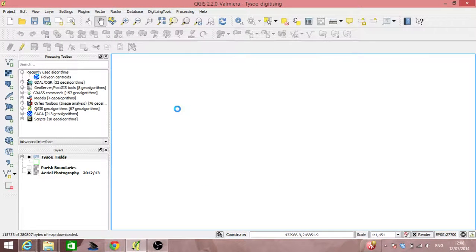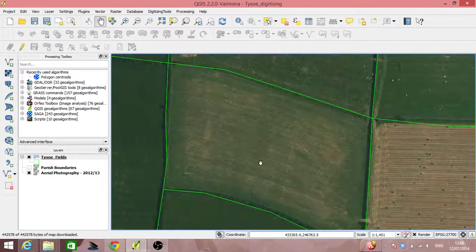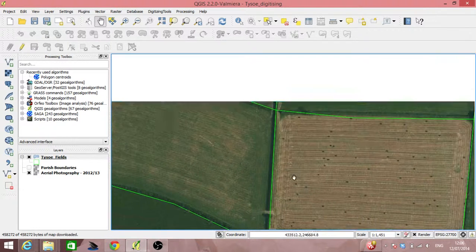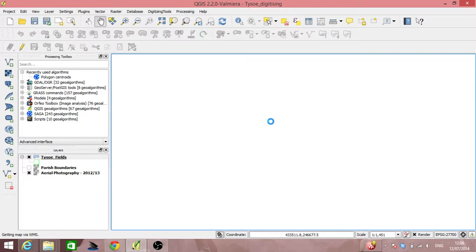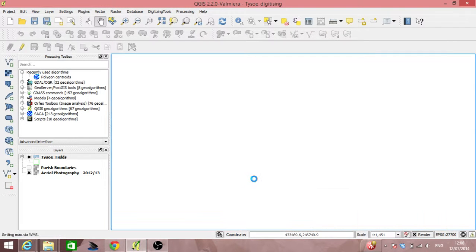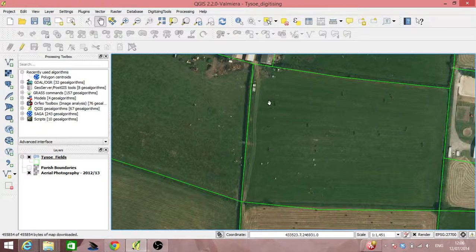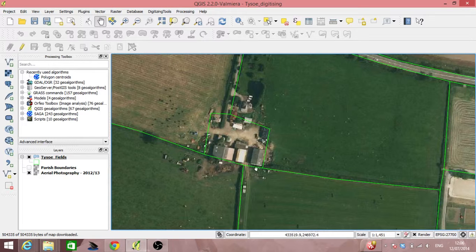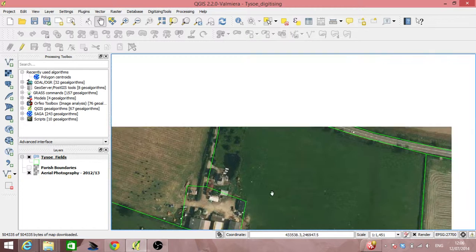Okay, and what we're trying to do is actually create polygonal parcels of land. We know that there's little entrances here and here, for example, and trackways that run up between the fields, but we're not overly interested in those at the moment. We don't necessarily need to capture them. Similarly here, we just got quite a crude outline of what's going on with that building,